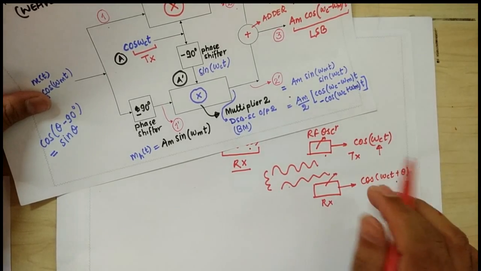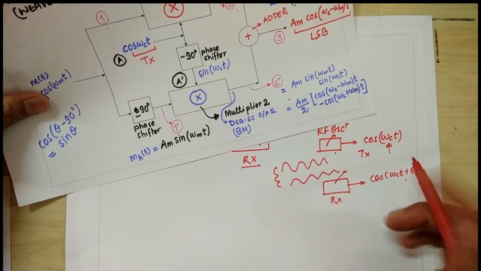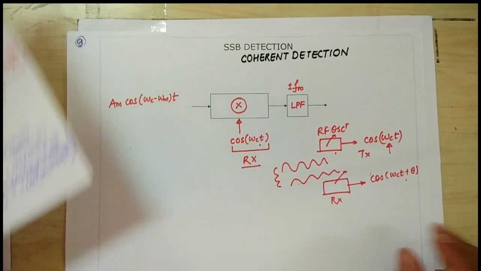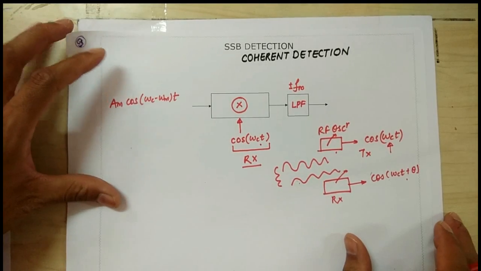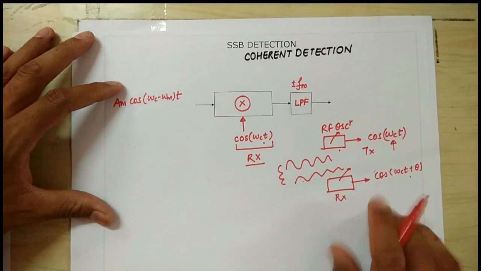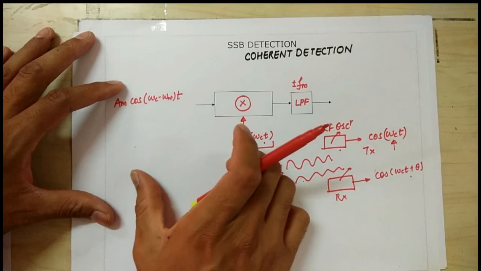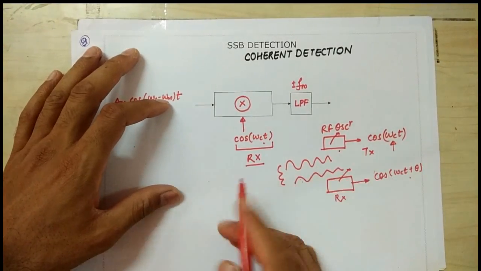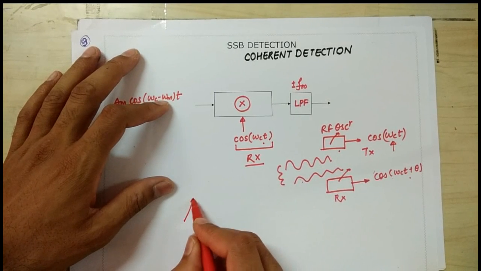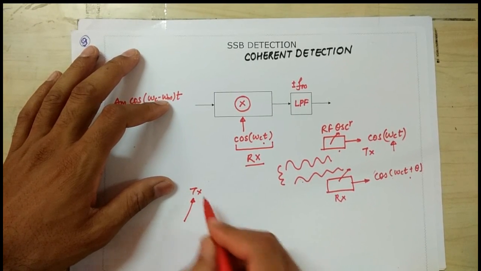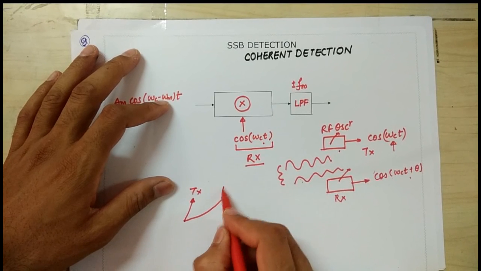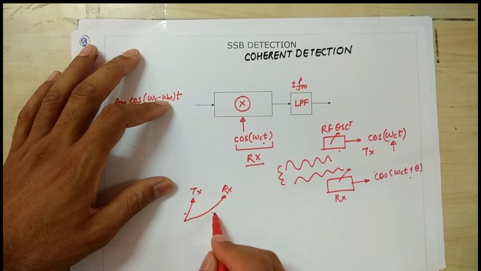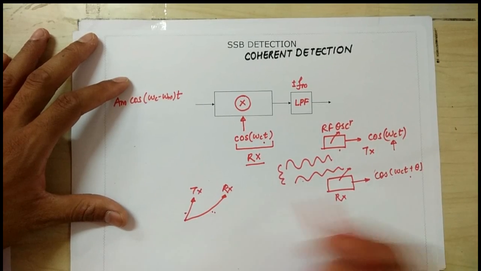should be in the same phase as the carrier which was being generated at the transmitter side. There are some techniques by which we do the phase synchronization, but we are not going to discuss those techniques. On the kit, the modulator and demodulator blocks are both on the same kit, and the carrier signal which is fed into the transmitter is also fed into the receiver. So there is no phase difference between these two in our kit.